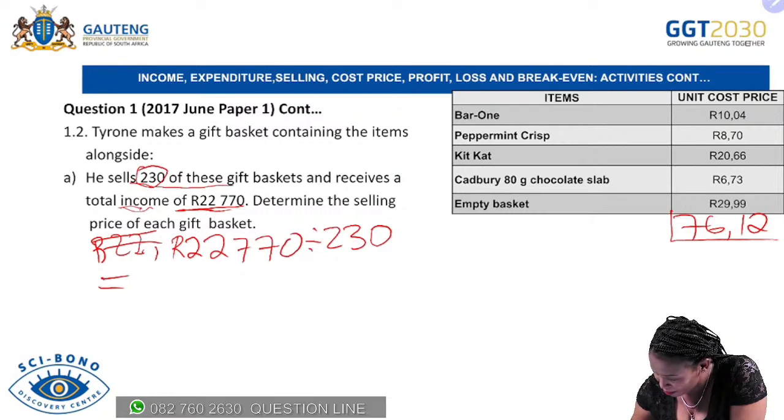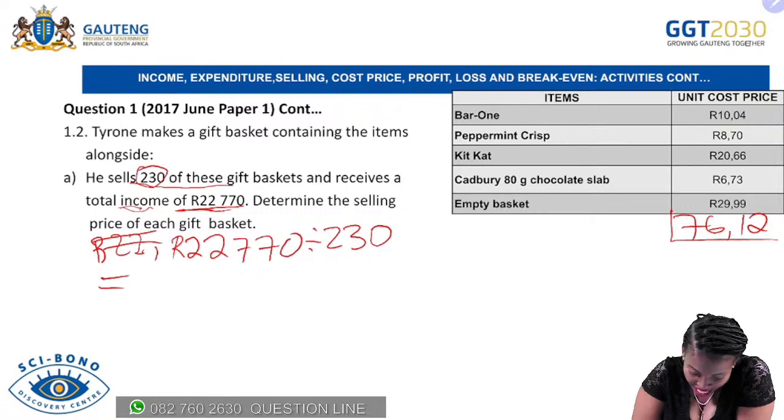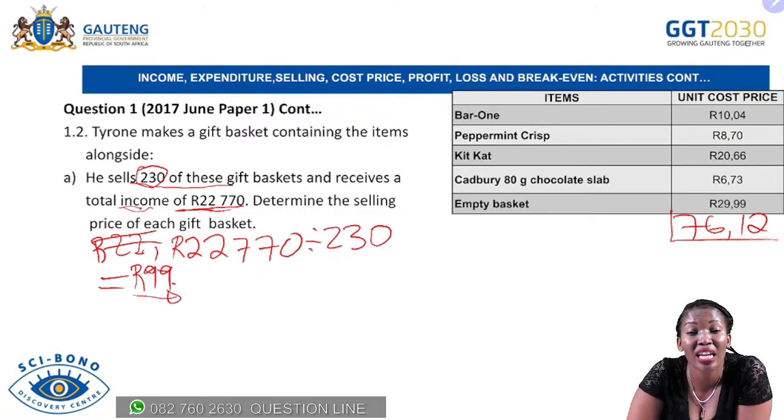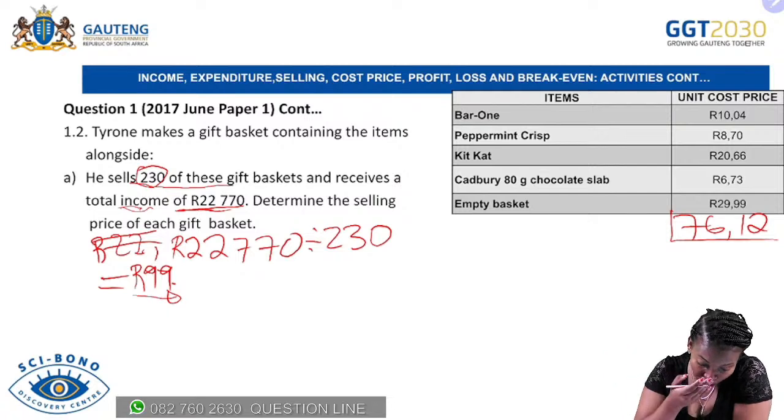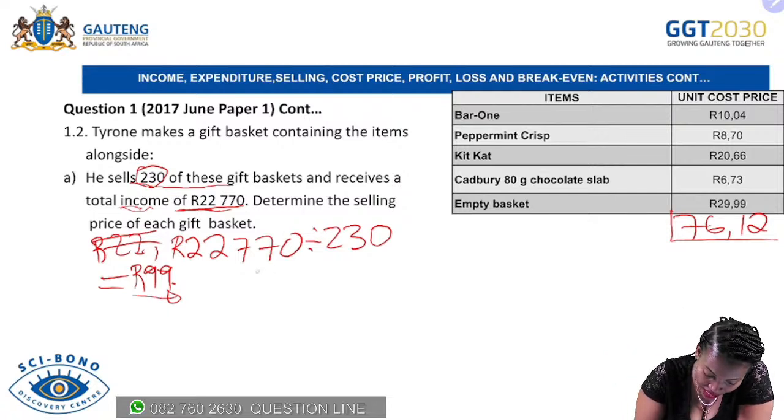22,770 divided by 230. The answer is 99 Rand. So it means now he's selling one gift basket for 99 Rands. Guys, you are more than welcome to use your different methods. I know most of you are familiar with this method to say that, okay, for 230 baskets,